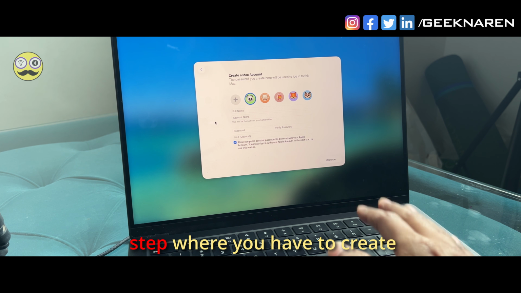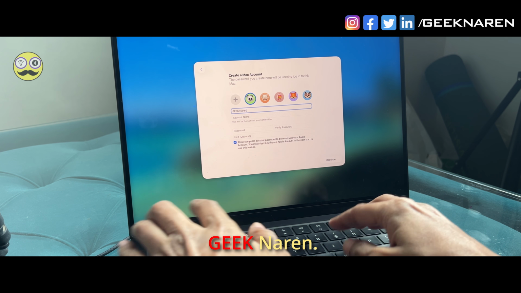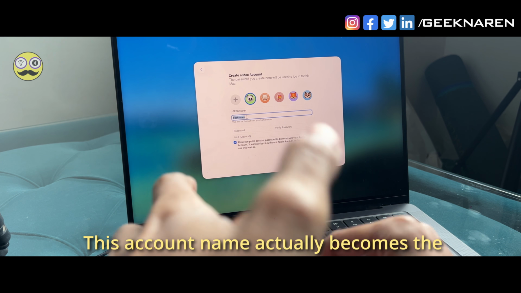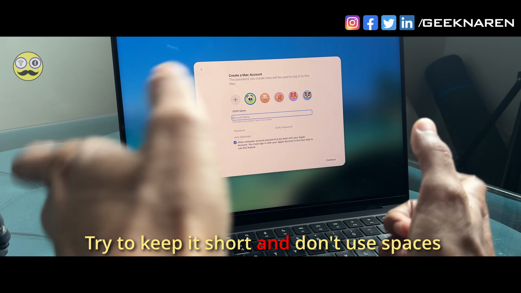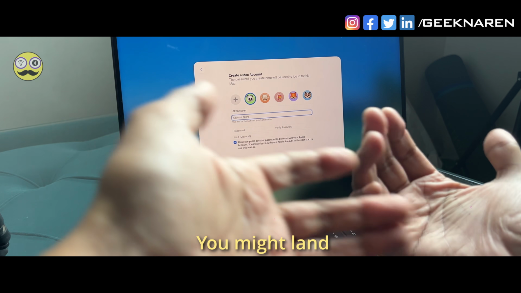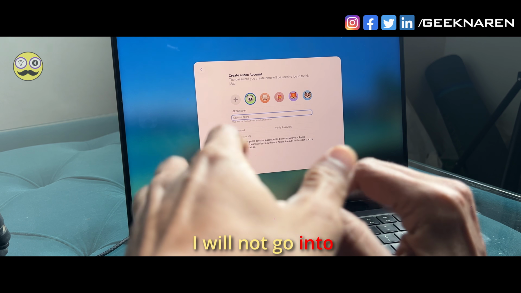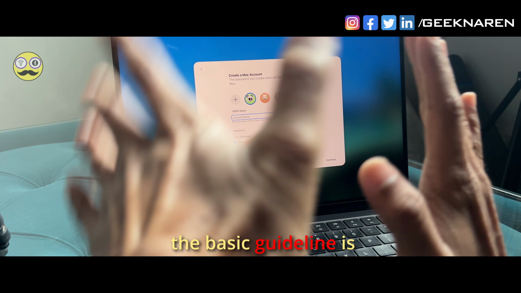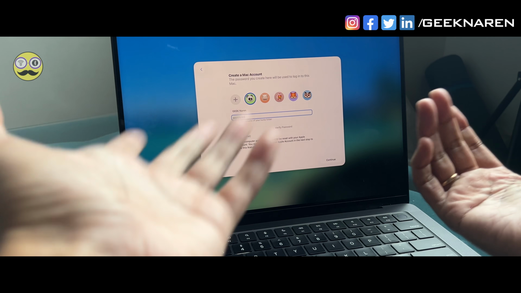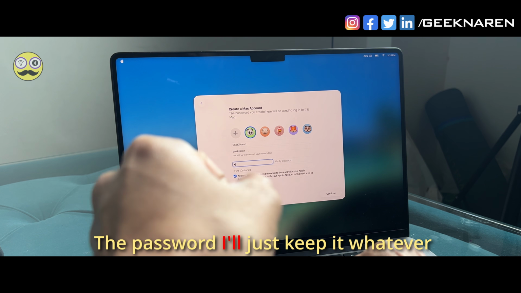So here we are at the step where you have to create an account for your MacBook. I'll just say my full name is GEEKNaren. It automatically used it as the account name. This account name actually becomes the home directory. Try to keep it short and don't use spaces, because otherwise if you are a developer you might land into problems where you have to always use escape characters. I will not go into detail about it, but just the basic guideline is use a single word, maybe a hyphenated word or underscored word, but keep it very short. That's the suggestion. The password, I'll just keep it